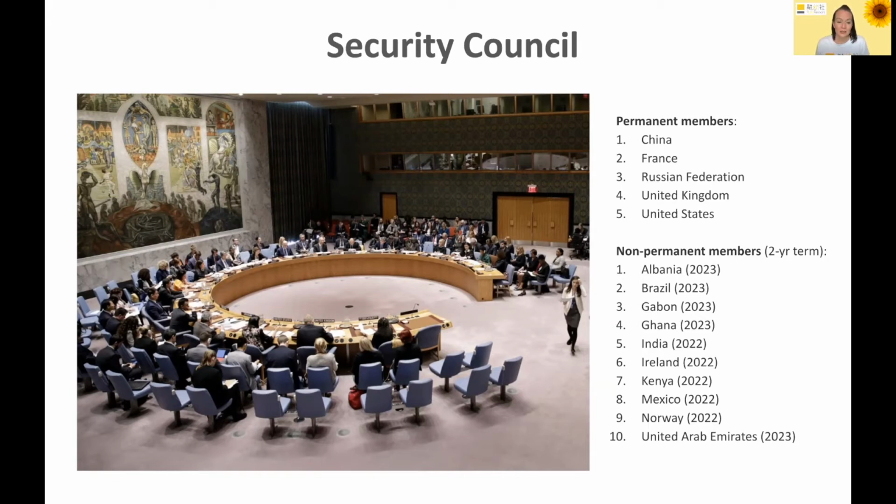The Security Council takes the lead in determining the existence of a threat to peace or an act of aggression. It calls upon states involved in a disagreement to settle them peacefully and will recommend ways to do this. In some cases, the Security Council can issue a sanction or a penalty. They can also authorize the use of force to maintain or restore international peace and security.